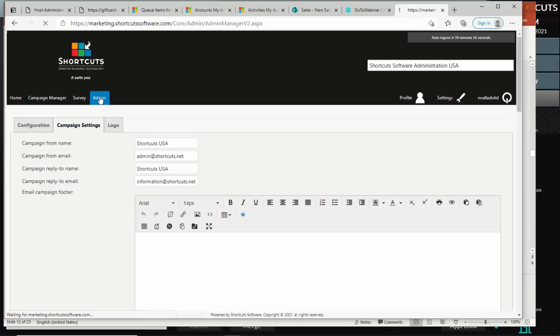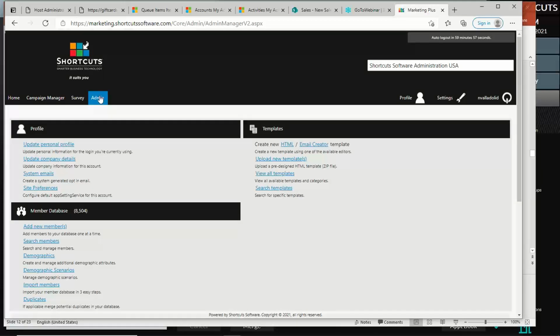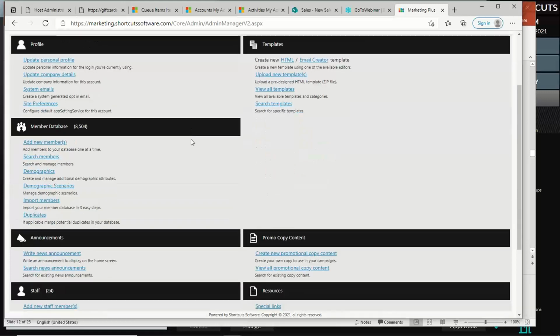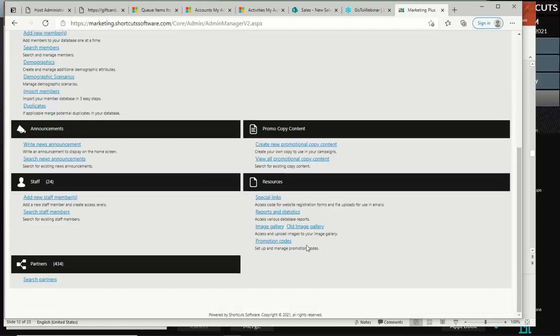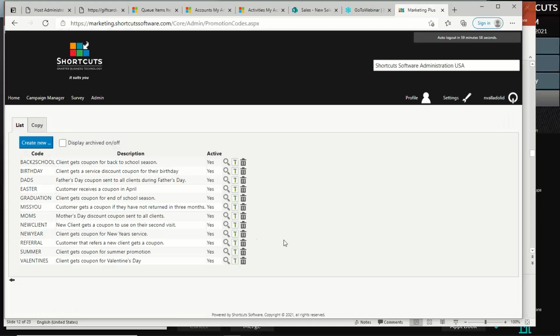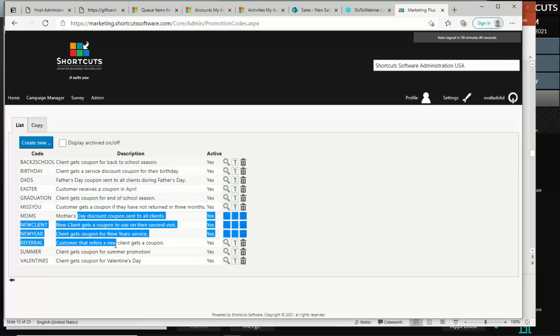So that's configuring my business info, configuring my social media. The third thing I do is any coupons that I haven't created, I'll want to create them in Shortcuts Marketing Plus. So I'll go back to the administrator button, and it's my last resource here, promotion codes. So I literally press the create new button, and I just create a code and a description of it. Now you'll notice that none of my codes, none of my descriptions have a specific percent or dollar amount attached with them. And that's because you may be experimenting with the